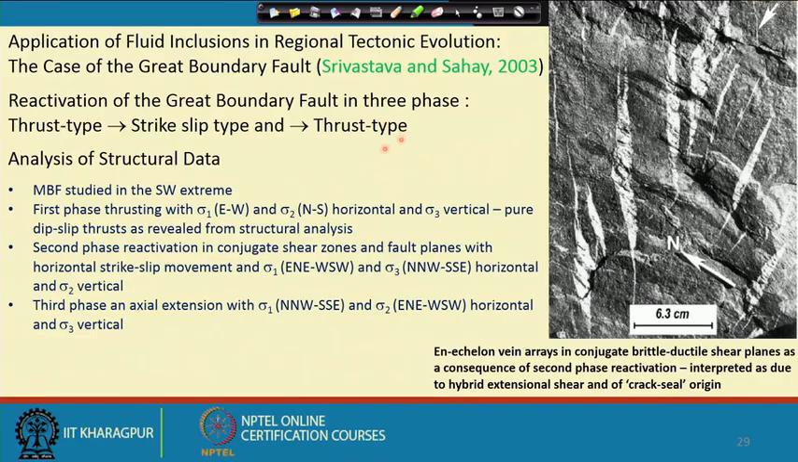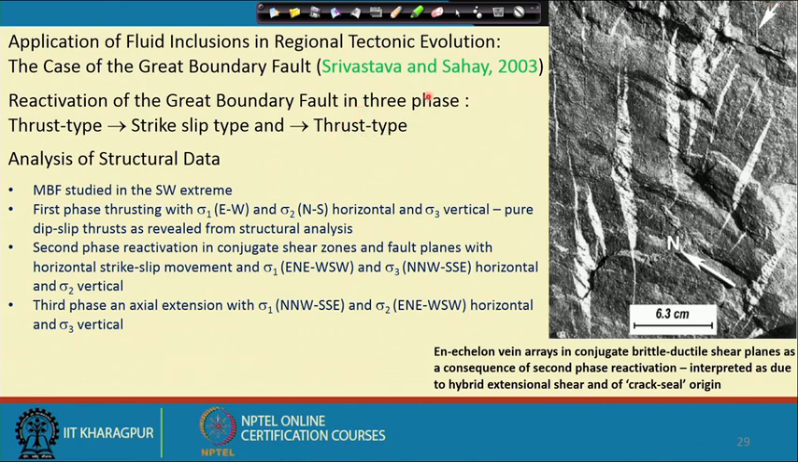Welcome to today's lecture. We will continue our discussion on application of fluid inclusion studies, of fluid inclusion microthermometric data to understand deformation in crustal rocks. So, in this context, as I told before, we could always look at many of the examples of the work that have been done in the Indian context, and I would like to cite one piece